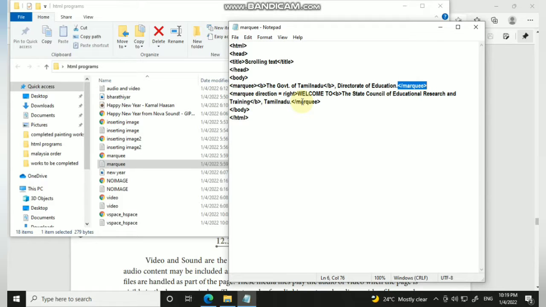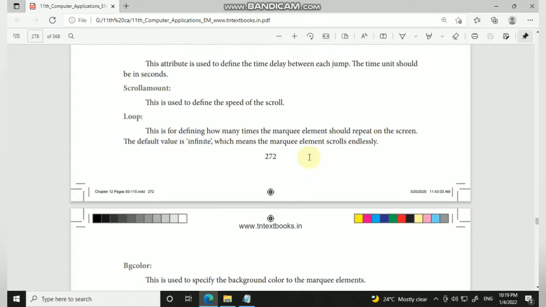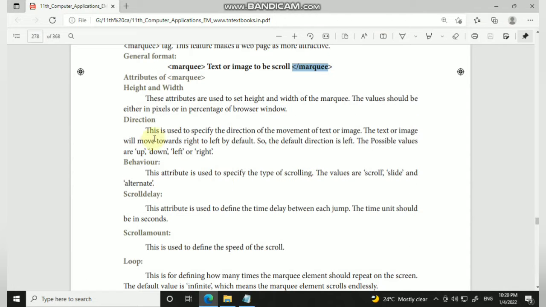What you should understand is that by default the marquee tag scrolls the text, and the direction for scrolling by default is, see here, the text or image will move from right to left by default. This will be a one mark question, so you underline it. If this is your screen, your text will move from the right side to the left side by default.